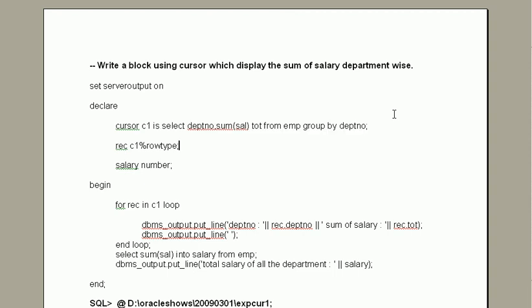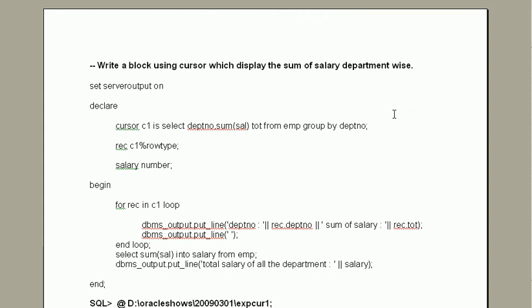Here we have declared one row type variable REC that is of the type cursor. Actually, if we are using any variable in the for loop, there is no need to declare it. Still we are declaring it here, but in the next program I will remove this line.